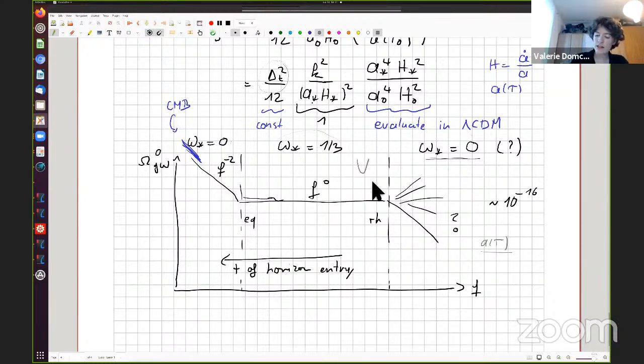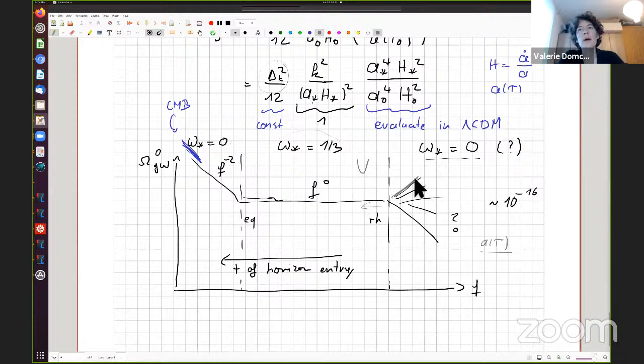And so in order to really detect this tail, you would need something which is sensitive at higher frequencies. Unless you have a very low reheating temperature, so a very low maximal temperature of the universe at earlier times, right? Then you could move this to the left. So in fact, there are some constraints on this, right? So if you say, okay, this thing was growing,